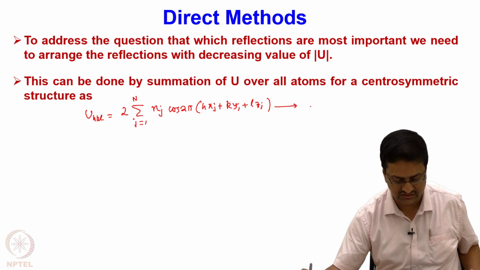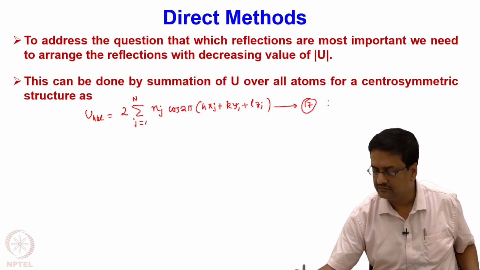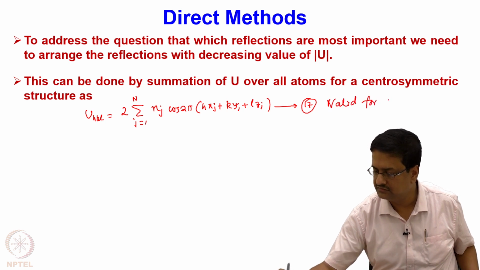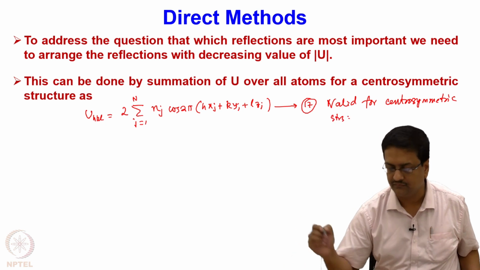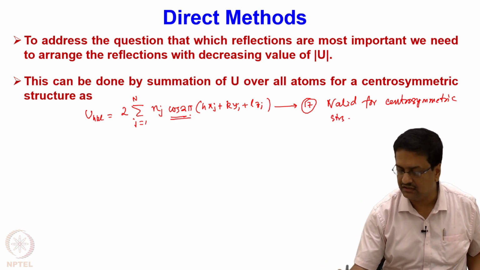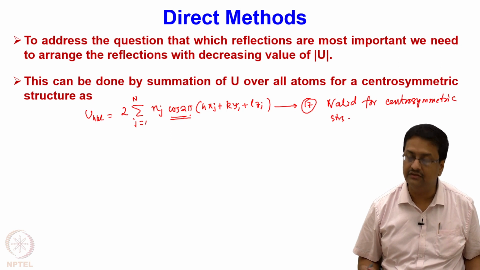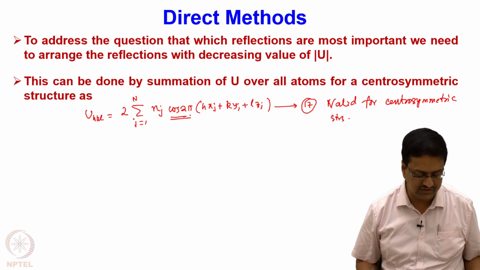This is equation number 17. This is valid for centrosymmetric structures. You have only one cos term that is valid for centrosymmetric structures only,